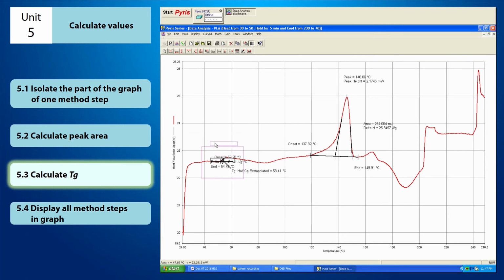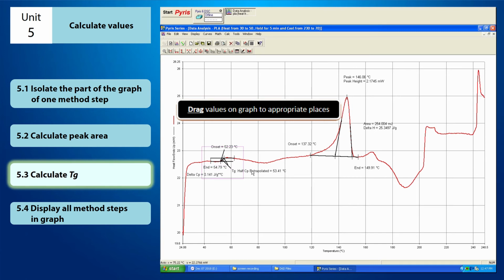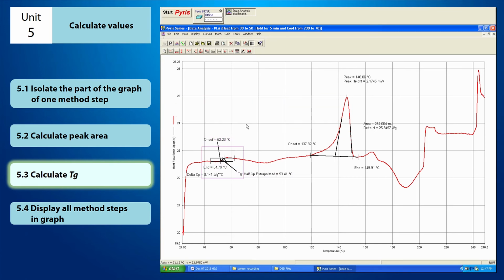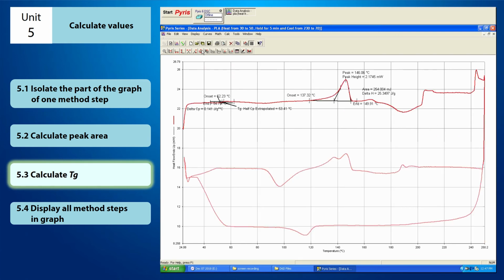The values of the calculation will appear nearby the Digi curve. You can drag the values to the appropriate places. Now, your calculation for the Digi is complete. If you had enlarged the graph before, click Full Scale from the shortcut buttons in order to view the full graph again. Now, you can check whether you still have a calculation to be made on the isolated part of